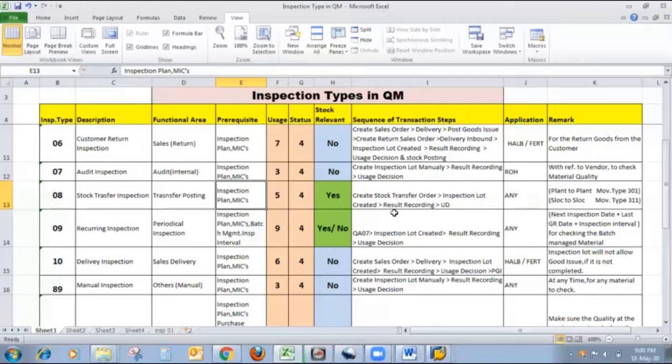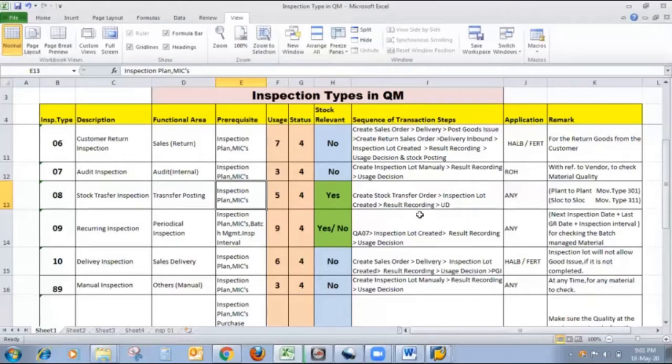We can use this type of inspection for any kind of material like raw material, finished material, semi-finished material, etc. We can transfer stock from plant to plant with movement type 301, and from storage location to storage location with movement type 311.